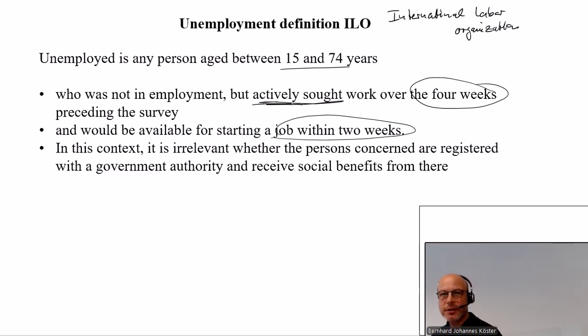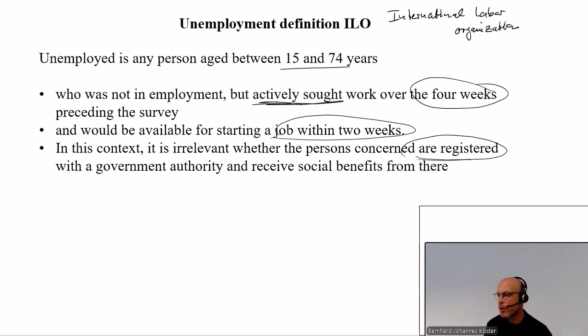Due to this definition, it doesn't matter if you are registered or if you are not registered officially in the employment agency. So this is, of course, then no official number, and this number is then obtained